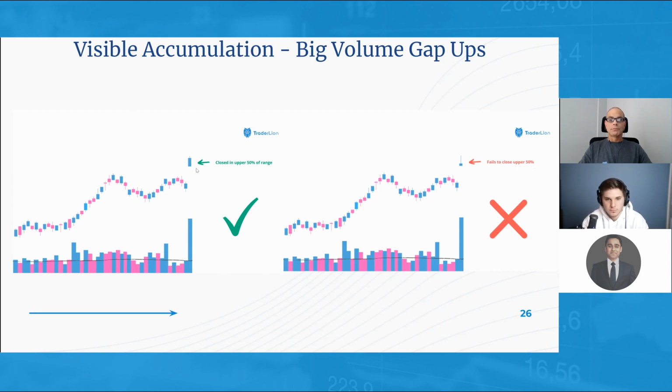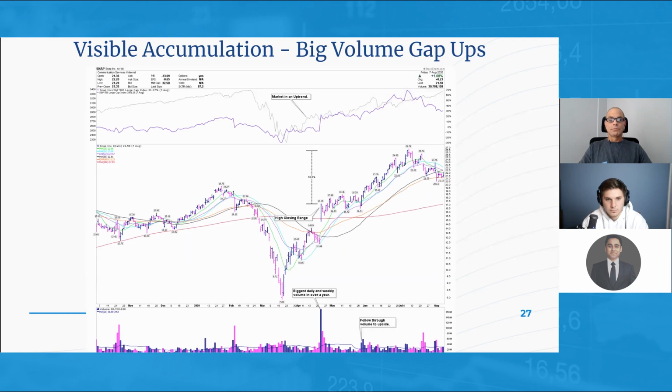Real life example of visible accumulation with big volume recently, back in 2020. So this is 2020. We're talking about Snapchat. We saw Snapchat gap up, and this was on an earnings report. So the stock gaps up on big volume and puts in a high closing range. And given the fact that we see it puts in a high closing range on that day,